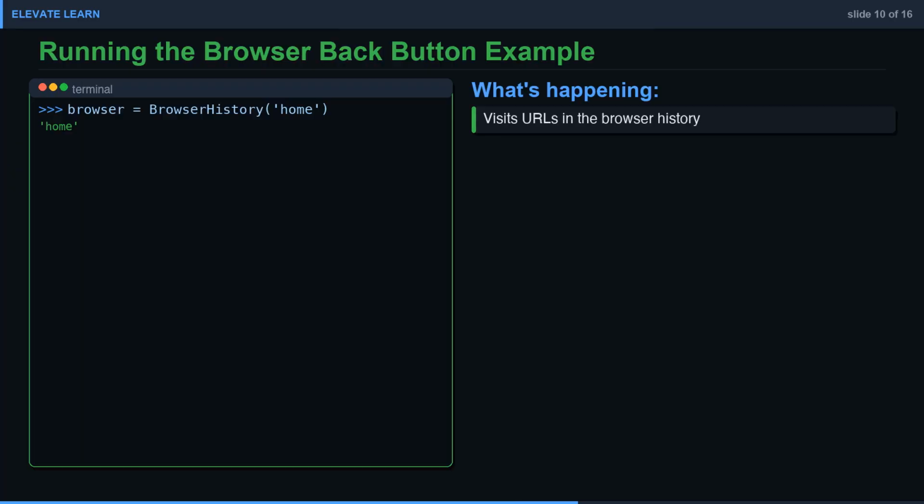Welcome back to our tutorial on stack and queue implementation. Now, let's dive into an example using the browser history. Here's what we're looking at. We have a browser object that acts like a stack, where each visit is pushed onto it. When you call visit, it's similar to pushing page 1 onto our stack. And then when we call back, it's equivalent to popping from the stack, bringing us back one step in history to